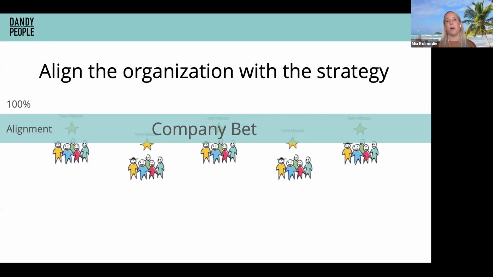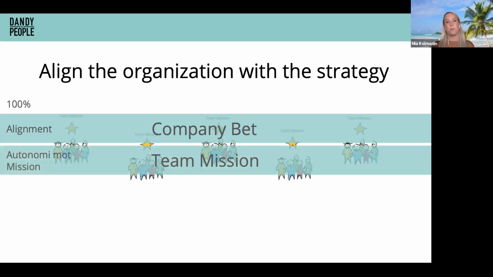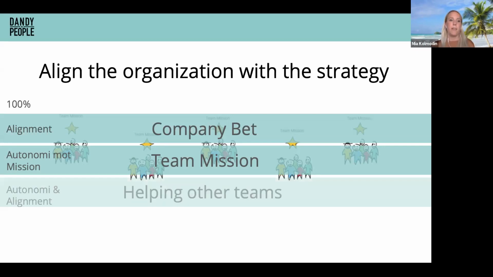So we could have company bets. This would align teams towards the same thing. So it means that the whole organization might be needed to actually deliver to create value, maybe on a deadline because of something that's happening. Or we could set up team missions which will create autonomy towards a mission which is in connection to the strategy and where we want to be in the future with our products and services. This will create autonomy for the team to make decisions based on this on their own, which will increase innovation, of course. And we can have this kind of bucket, as you could say, which creates autonomy and alignment,